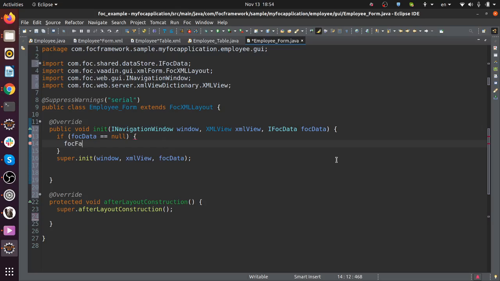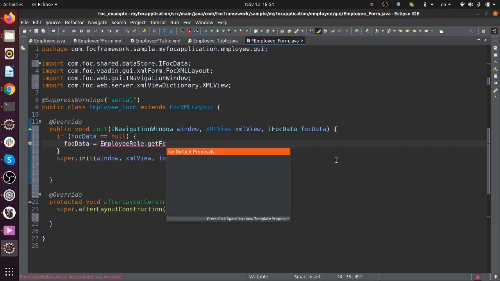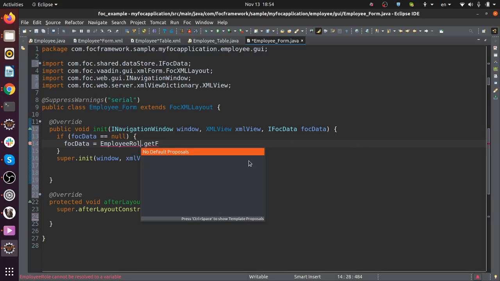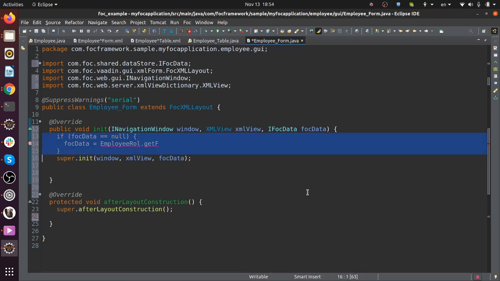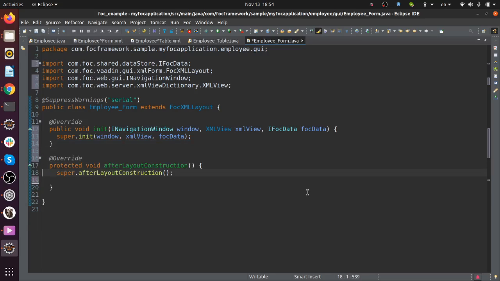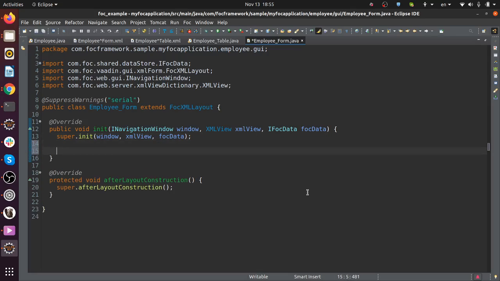I will get foc data equal to the employee role dot get foc desk, and etc. Okay, I can do this. There is a situation where you need this and that. It's a matter of where everyone is called, and everyone is called by the framework, called back. It can be here in the init. I don't mind. Let me put it in the init,